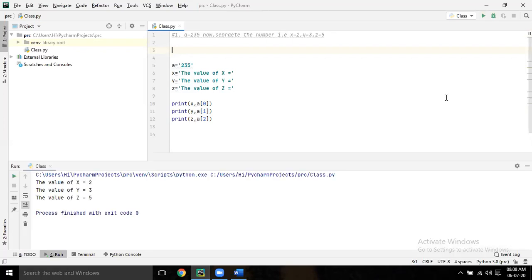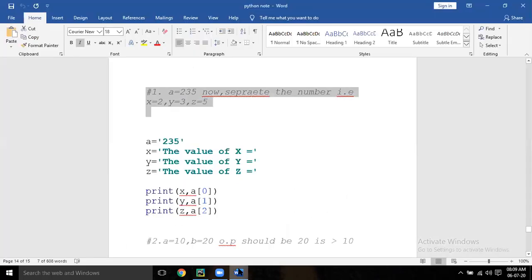Good, smart guy. But this is actually the smarter way of doing this. Here, A is a number, not a string. So this is wrong. That's what I told you. In a string only, you can do that slicing concept: A of 0, A of 1, A of 2. But it's a number, so you should not give the single quote. A equal to only 235, not within single quotes. Okay, next. Has anyone done anything other than this?